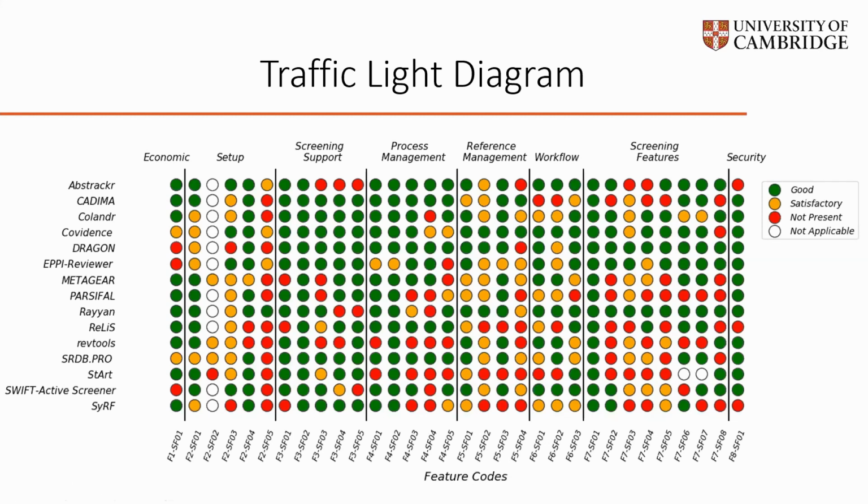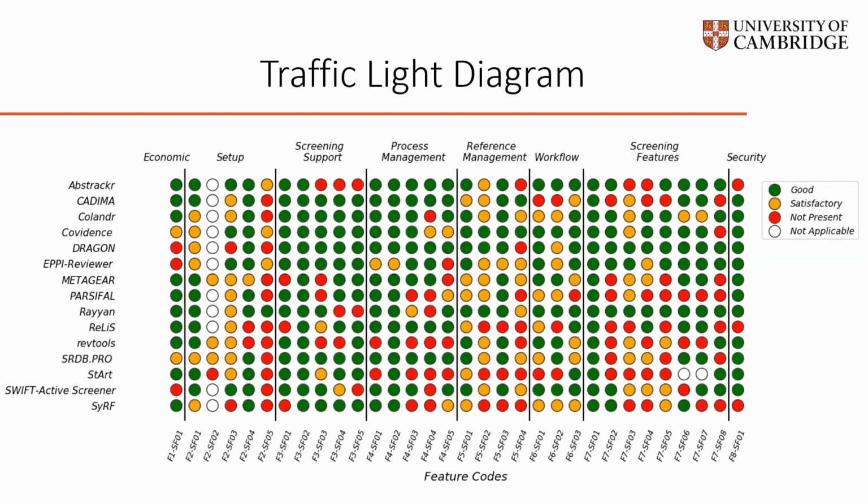So we started by doing a feature analysis. We drew this work from some similar work that had been carried out in software engineering, where we identified around 20 different features that we found present when we started going through all these different tools, and we grouped them into different themes to try and stop them from becoming quite so overwhelming. So if we zoom in a little bit and just think about one of the themes, reference management,